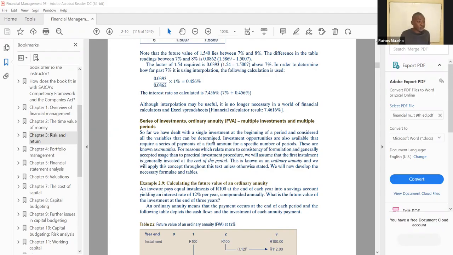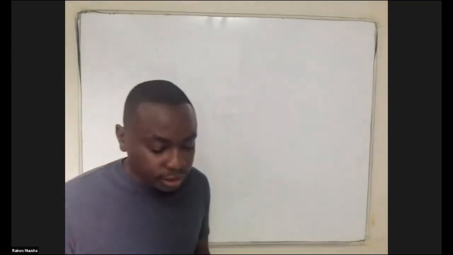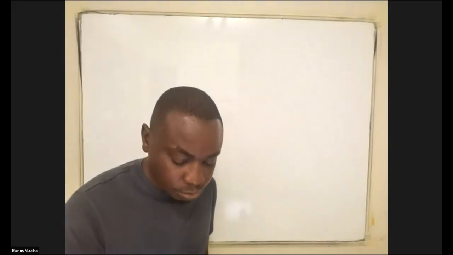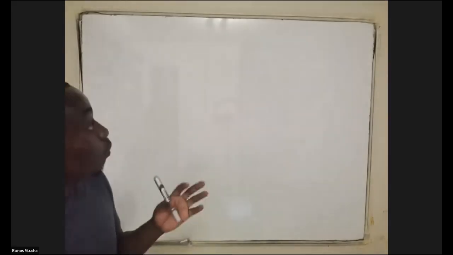Remember, we've seen it before. We're looking for present value, which is the value of the investment today, right? So with annuities, we're going to find out exactly how you find the present value or the future value of a particular annuity. I'm going to steer away from the example in the textbook. I'll give you my own example because there's a relationship that I need you to take note of when it comes to annuities.